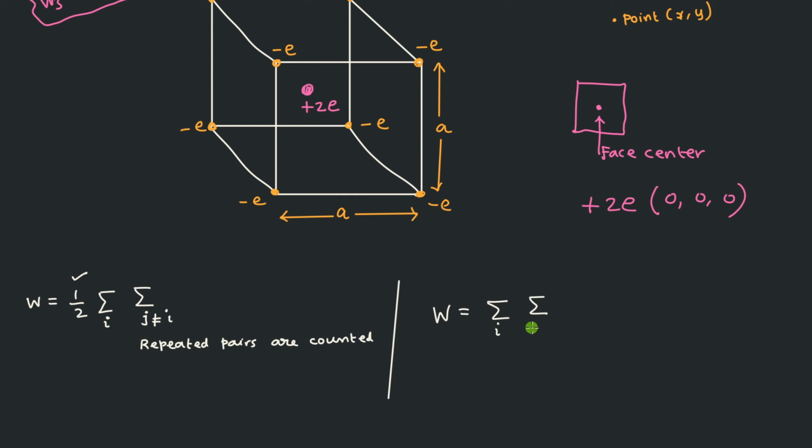Then you have a summation over J. The condition is J is greater than I. So here only non-repeated pairs are counted. So this clarity is now required. Why it is required is, you should remember one thing: whenever you are going to solve a problem, you have an opinion or a feeling that you remember some formula, write down that formula and substitute all the numbers. That is how you have a general opinion.